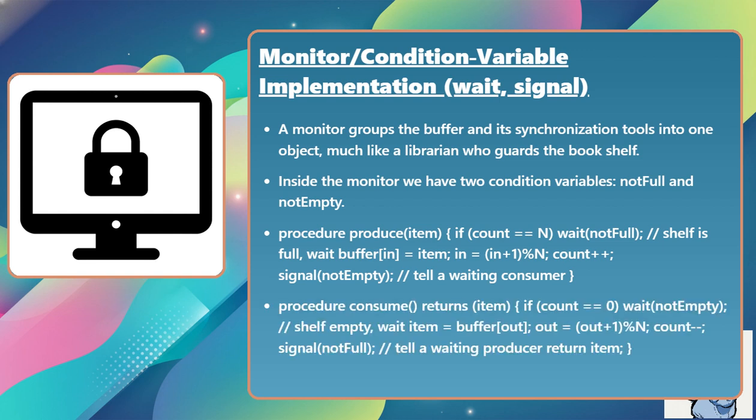Procedure consume() returns (item) { if (count == 0) wait(notEmpty); // shelf empty, wait item = buffer[out]; out = (out + 1) modulo n; count--; signal(notFull); // tell a waiting producer return item; }